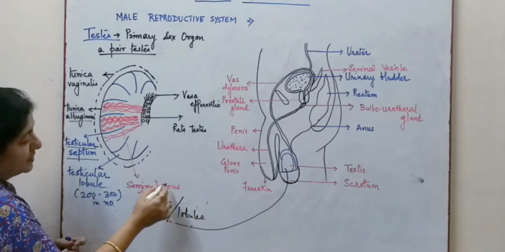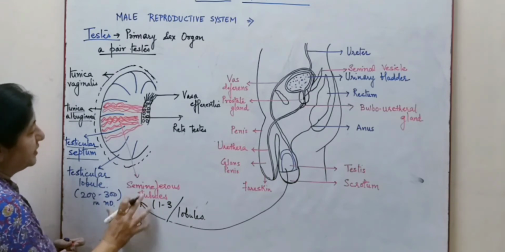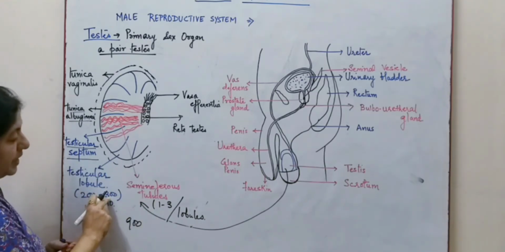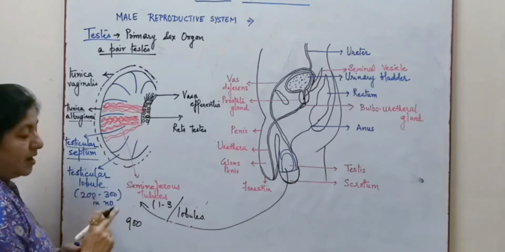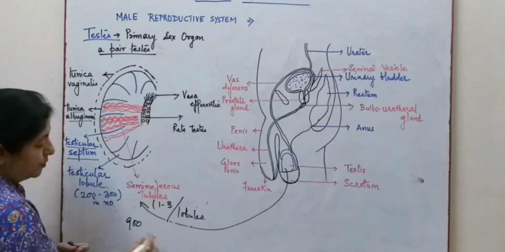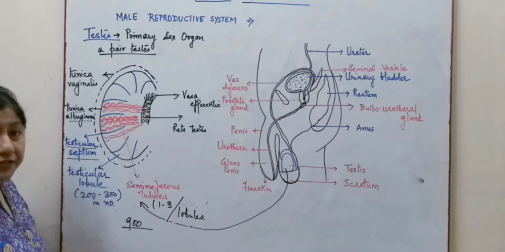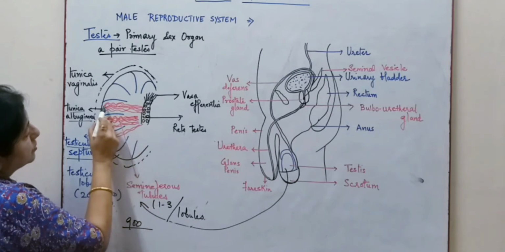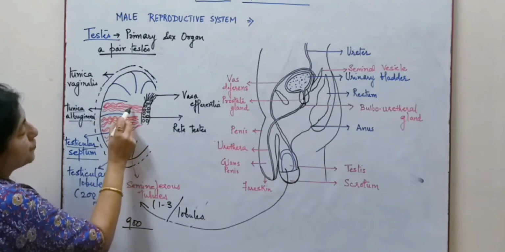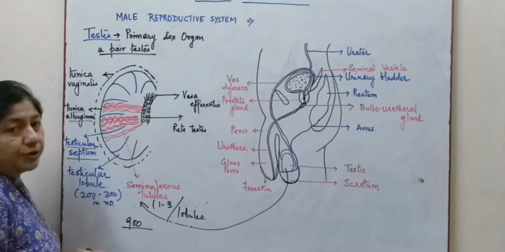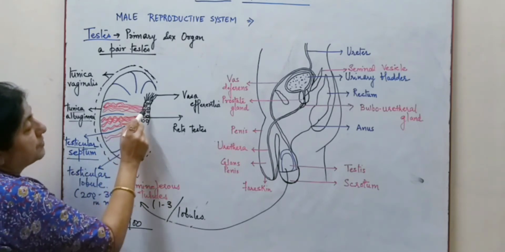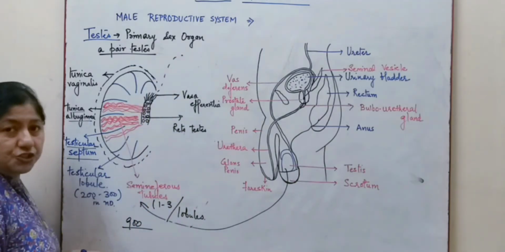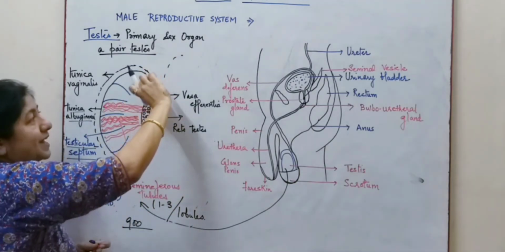So if we take the maximum, there will be 300 lobules over there, and in each we have approximately 3 seminiferous tubules. So nearly 900 seminiferous tubules in each of the testes. Now these seminiferous tubules are coiled structures which finally become straight and join to form the rete testis. The rete testis leads to the vasa efferentia, and further we have the duct system which will carry the